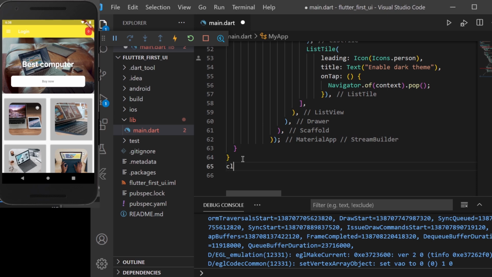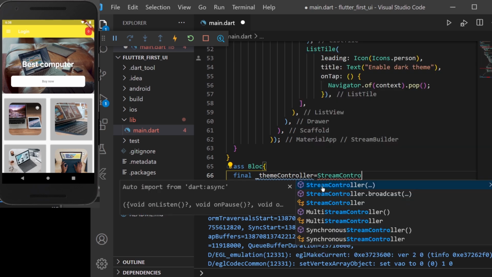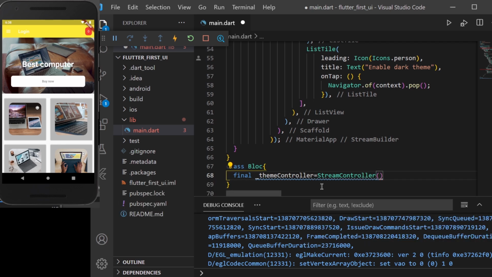Now let us create the implementation for the bloc which we have used above. So bloc will be of a type class, and inside it we'll be creating a stream and sink. So I will be having another session on bloc in the upcoming days. But as of now, you can consider a bloc to be a data flow in which there is a stream and sink.